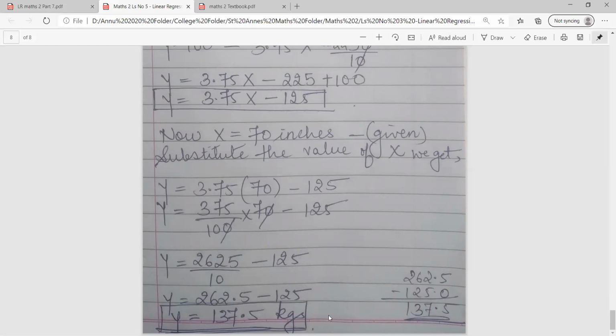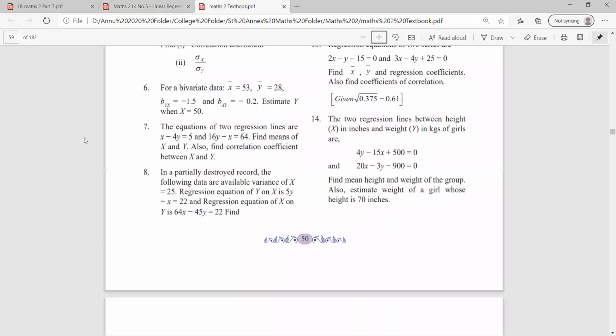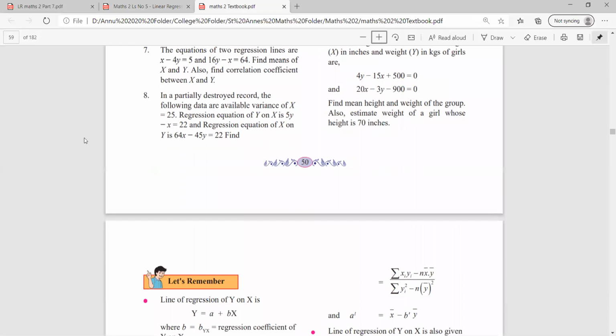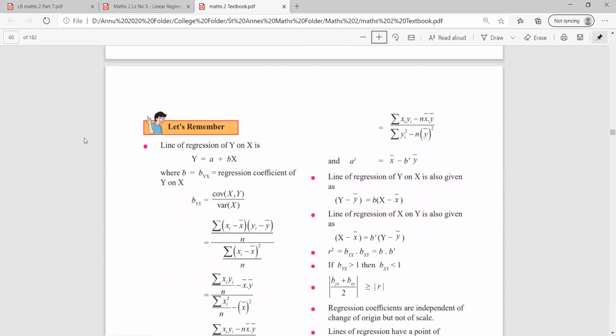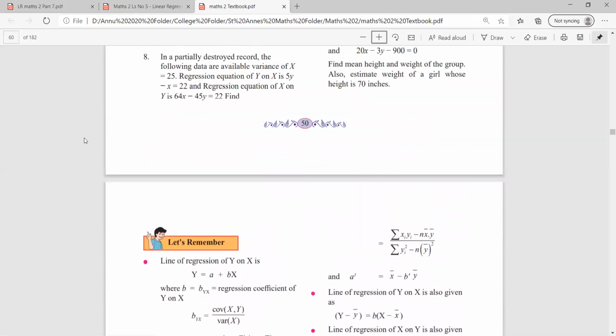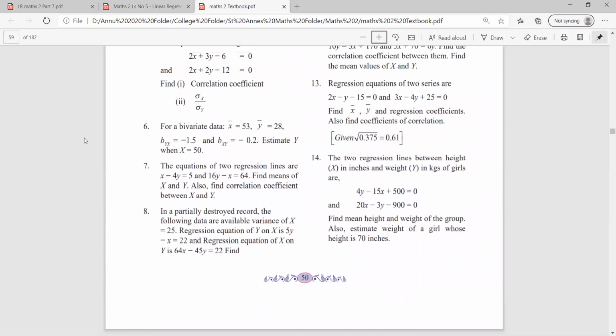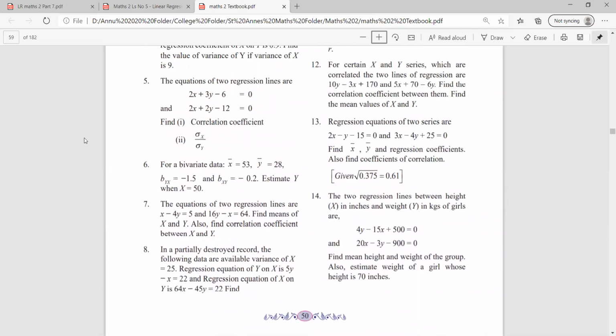So in this way, class, finally we have finished with all the exercises of our lesson number 3. So please keep practicing, keep learning. For this lesson, very important is learning your formulas. If you do not know the formulas, you will find it very, very difficult to calculate. Sums are a little bit lengthy, but if you follow, they are very easy.